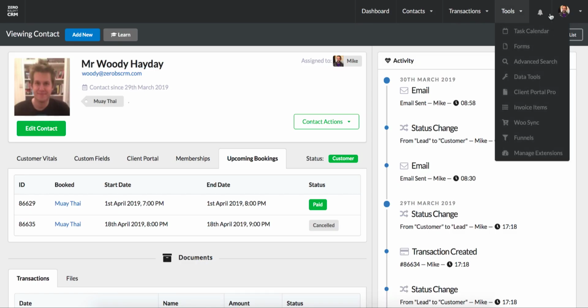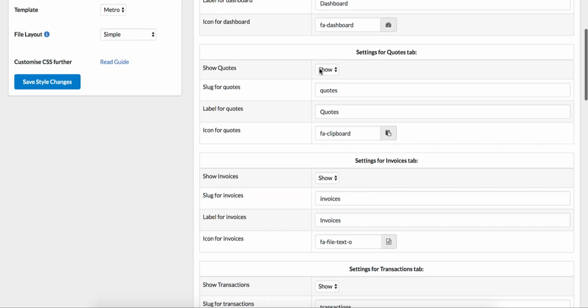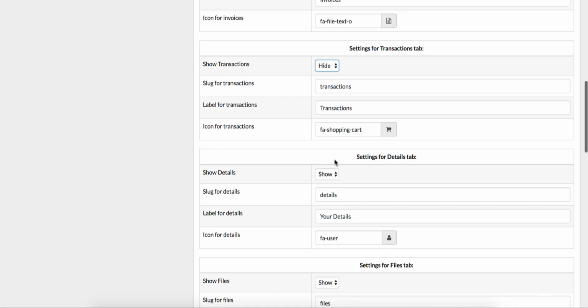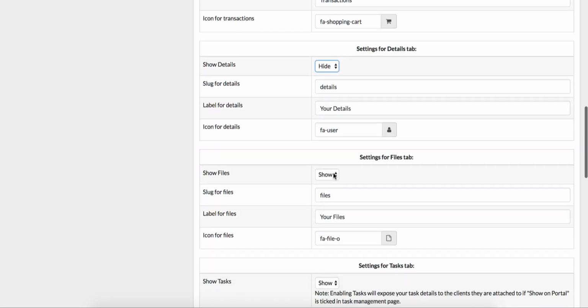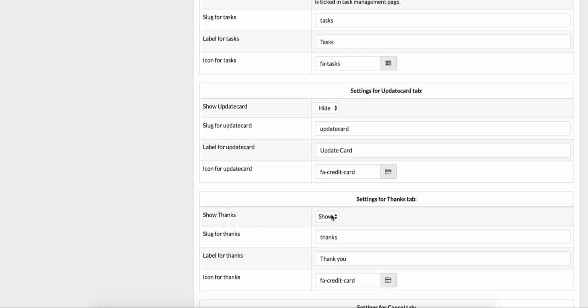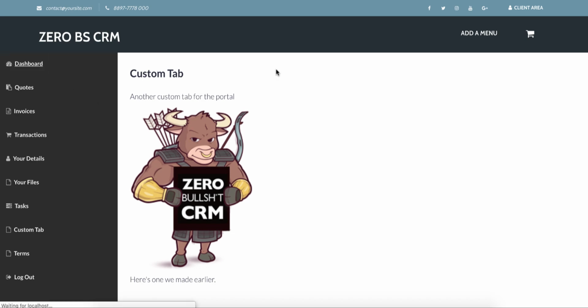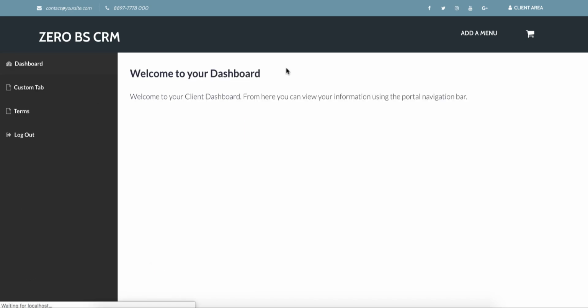So say you don't want to, if you go to your client portal settings in Client Portal Pro, what you can do here is you can hide the other tabs as well. So say you don't want any of the CRM type tabs, so you don't want them to go in and change the details, you don't want files, you don't want tasks, so you're not taking anything there. So then if we just save the tab settings, and now what you'll see in the portal is you'll just have the dashboard